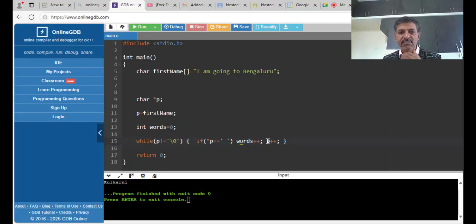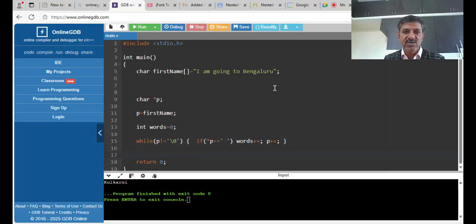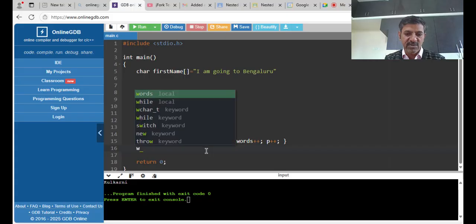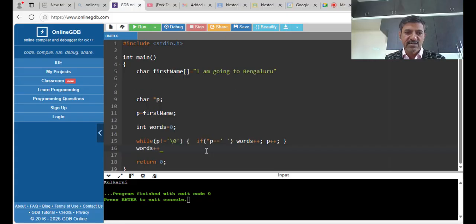Okay. And it will not count the last word because there is no space thereafter, right? So when you come out of the loop, you should increment the count words by 1 more to account for the last word. And now if I print,